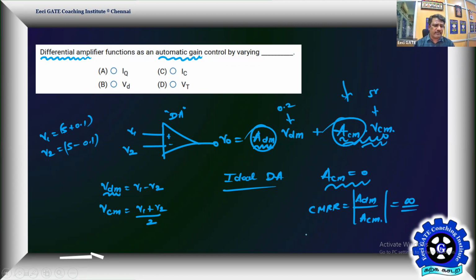So what is the connection between the problem and what I am talking about? Yes, it's well connected. Many things are hidden in how fundamentally connected this problem is. So what gain are we about to control? He said differential amplifier, which means there are two gains: one is the difference mode gain, another is the common mode gain. What gain he is talking about is the difference mode gain only. That means the first thing we should know is making the common mode gain 0. So how to make the common mode gain 0 in a difference amplifier? Yes, now the problem begins.